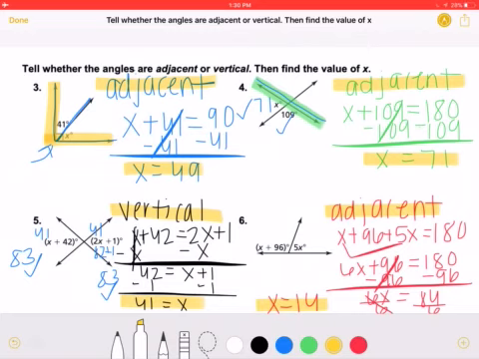Hopefully you tried those on your own first, and now you just walked through, fixed yourself, maybe just checked yourself, maybe you feel more comfortable. So this is really good additional practice. I will say this, number 5